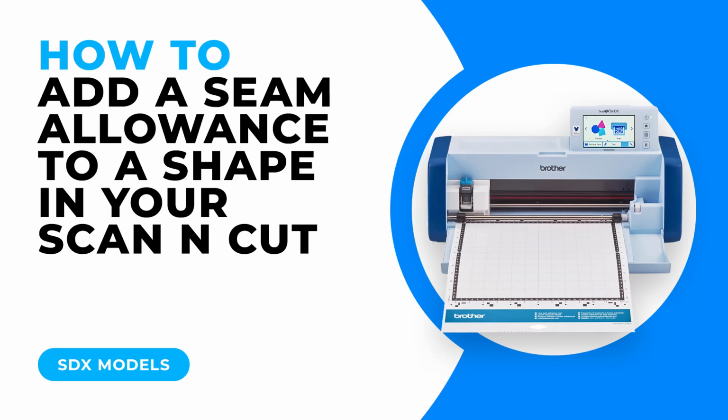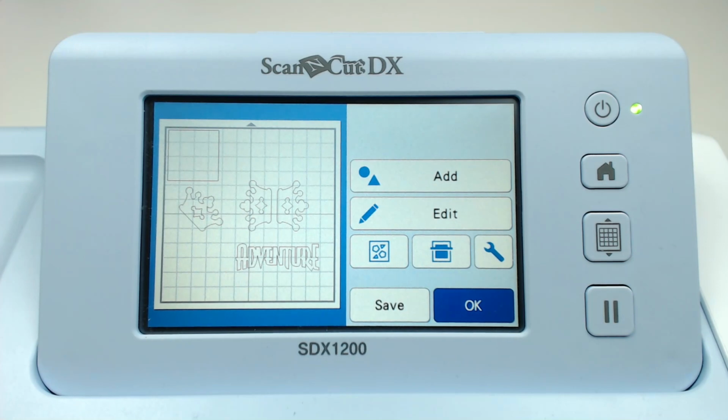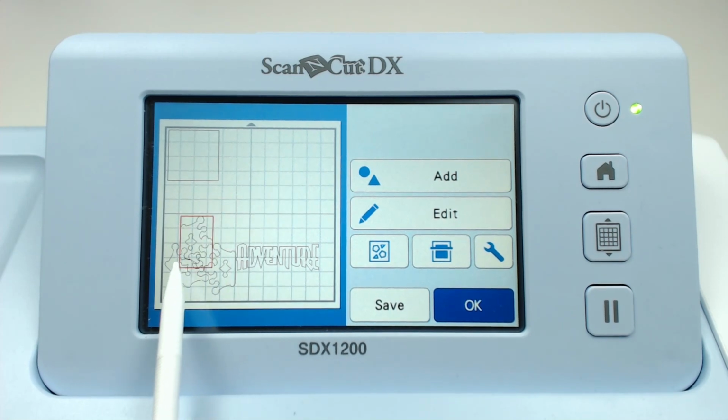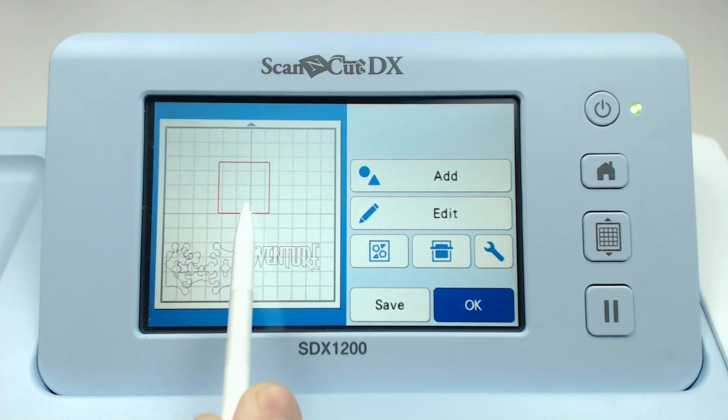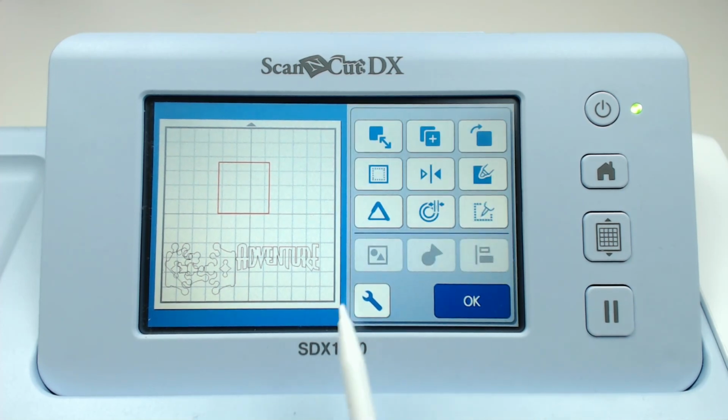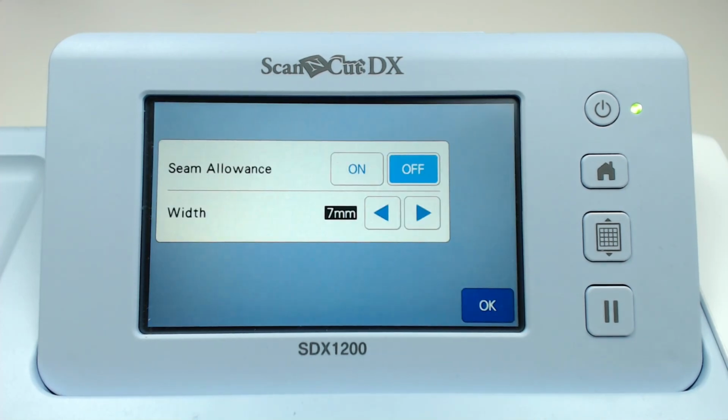If you work with fabric, you may want to add a seam allowance to an object or a pattern. To do this, select the object that you would like to add the seam allowance to, then click on Edit and Object Edit. Click on the seam allowance icon,